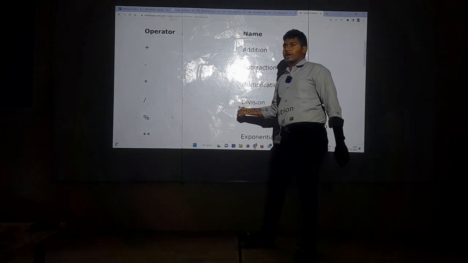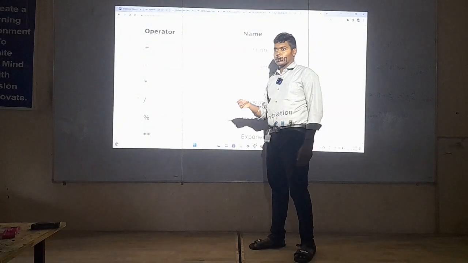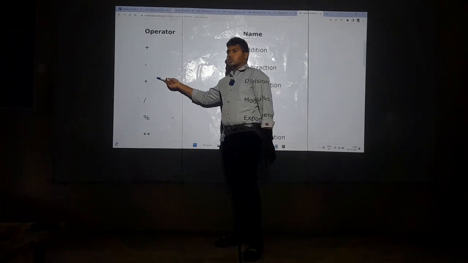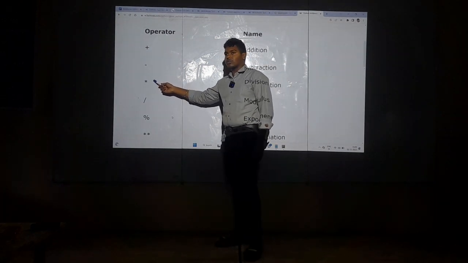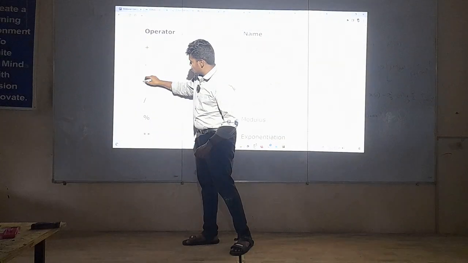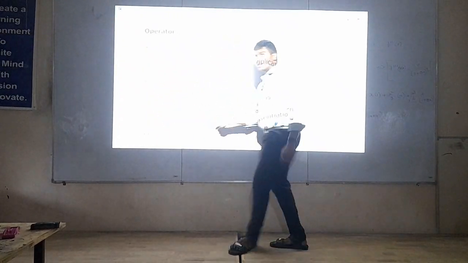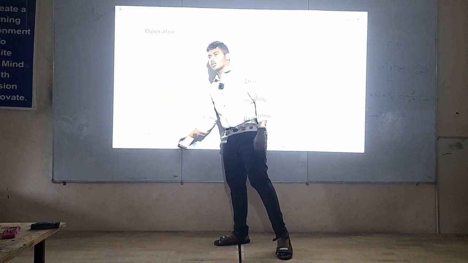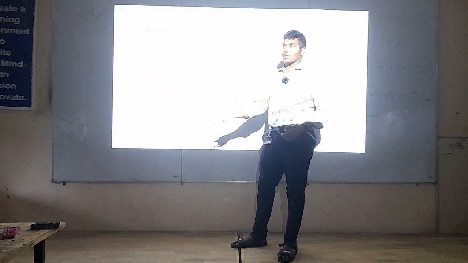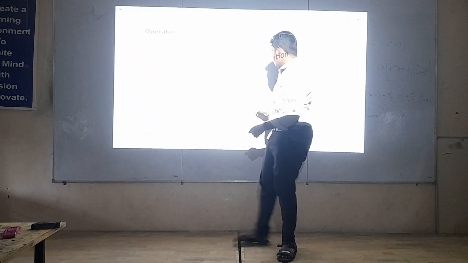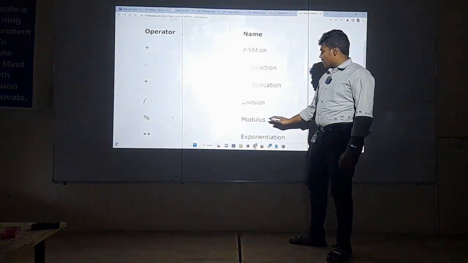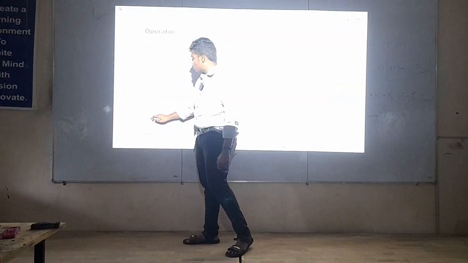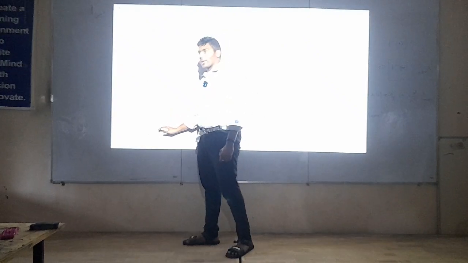When it comes to multiplication in general mathematics, we will use into or x. When it comes to Python, we will use the asterisk. This is not called star, this is known as asterisk. The name of this symbol is asterisk. Coming to division, for division we will use the single slash. In Python we have two types of division. I will show you the other type of division next. So that is one division, and then we have modulus. For modulus we will use the percent symbol. The name of this operator is modulus or percent symbol.